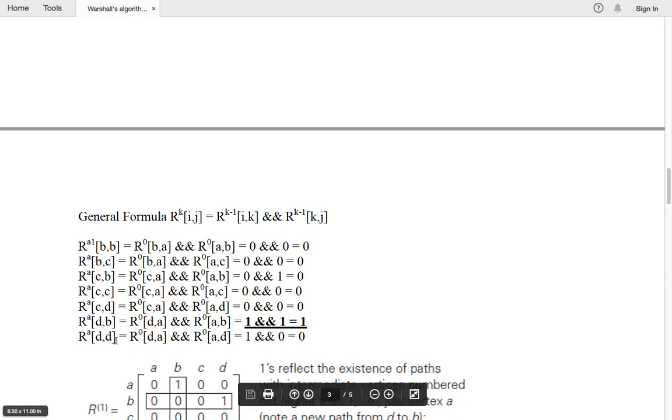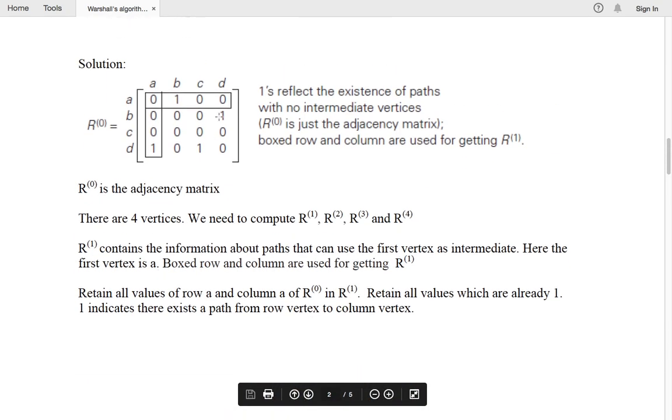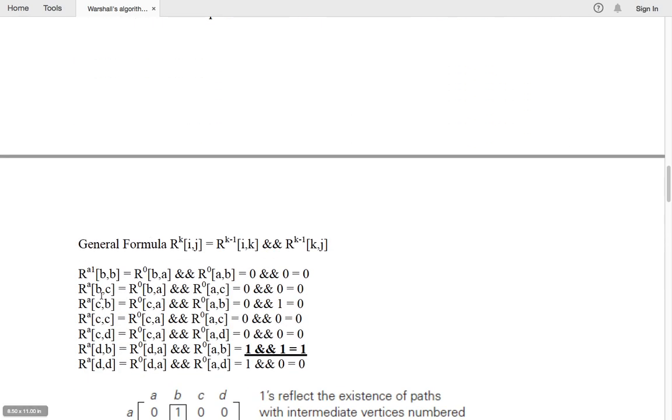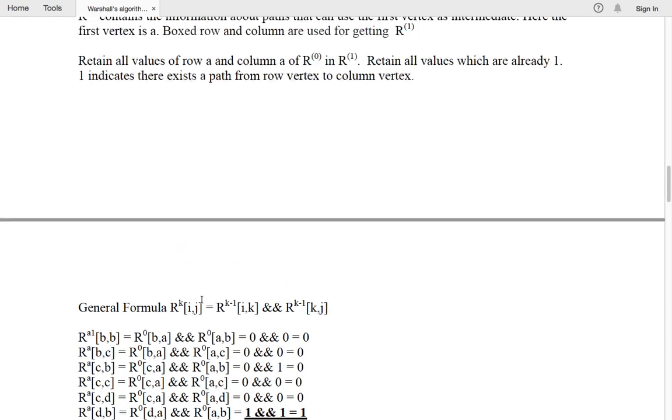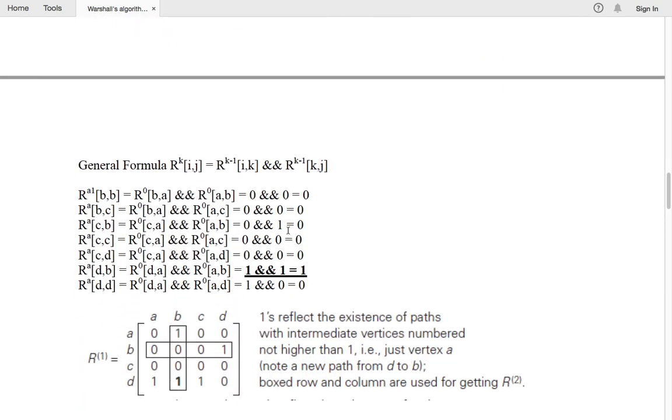Then so BD I will not consider because it is already 1. Now come to CB. So what is CB? R0 of CA and AB. So what is CA here? CA is 0, AB is 1. So 0 and 1 is 0. Similarly CC, CA and AC, both of them are 0. CD, CA and AD,